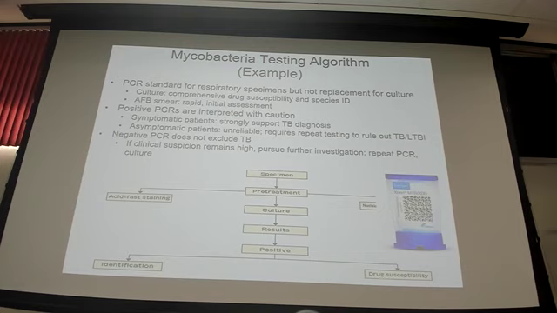Yeah. How does this overlap with the screening tests like PPD or QuantiFERON Gold? Right. Yeah, we'll talk about that too. With the tuberculin skin tests, the TSTs and IGRAs, interferon gamma release assays, those are looking at whether or not you have been infected with tuberculosis. Whereas PCR is testing for the presence of that organism's DNA in the specimen, which would be more like an active infection.